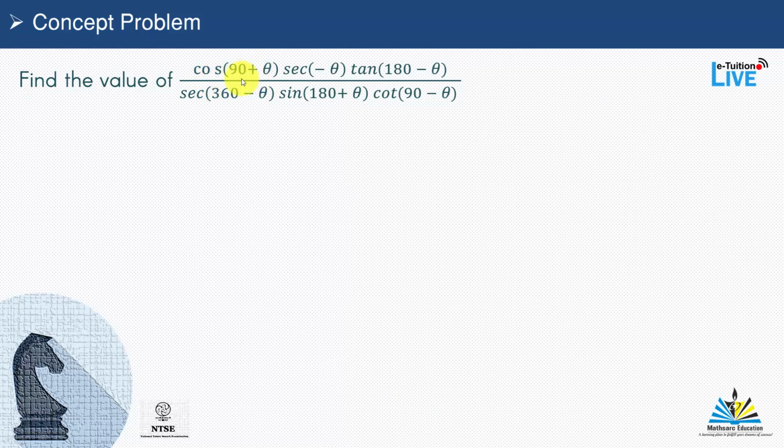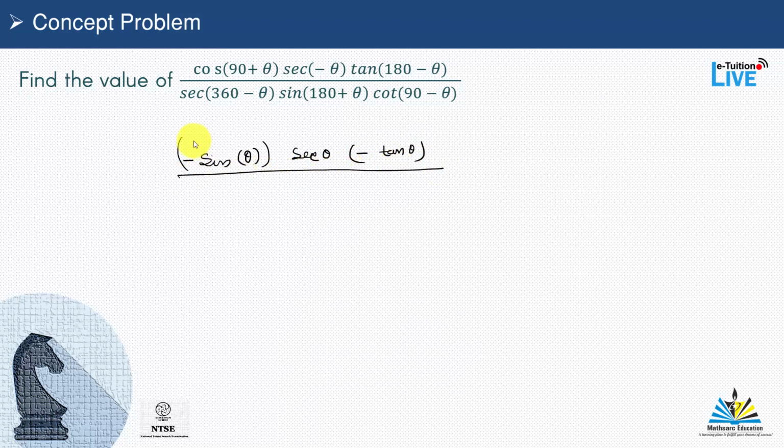This is a change about the y-axis, so cos will change into sine, so this is sine theta, and in the second quadrant cos is negative, so we need to apply a minus sign here. Next, sec of minus theta is sec theta. As you can see, sec and cos have no effect, so sec theta. Tan 180 minus theta, this is a change about the x-axis, so there will not be any change, and this is in the second quadrant, and tan is negative in the second quadrant, so this is minus tan theta